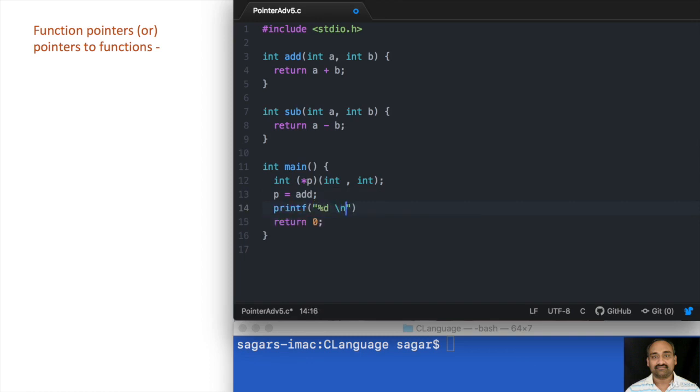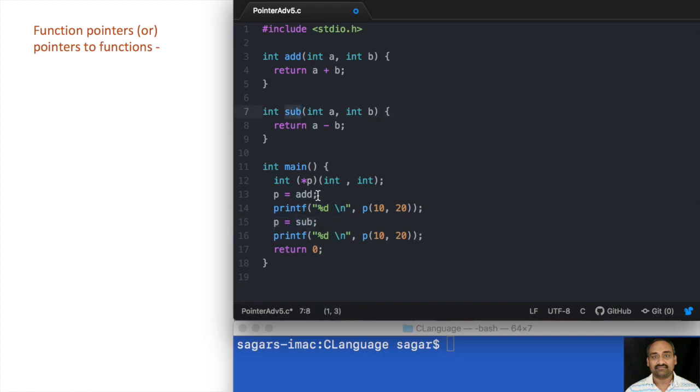Now printf with percentage d, if I say p(10, 20), it is nothing but a call to the function add, because p is pointing to add, and when we say p(10, 20), we are calling the function add itself. Now if I say p equal to subtract, and now when I make the same call, here it is invoking the function subtract because p is now pointing to subtract.